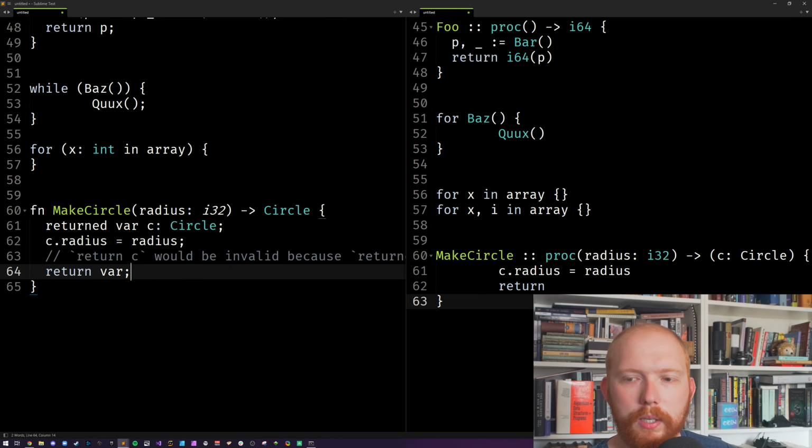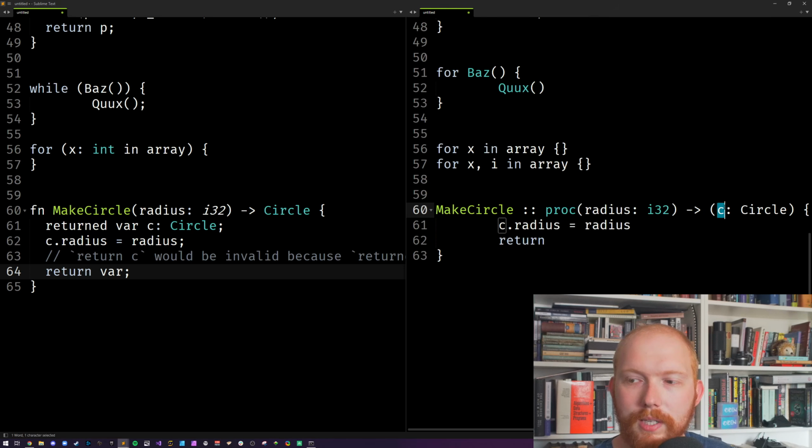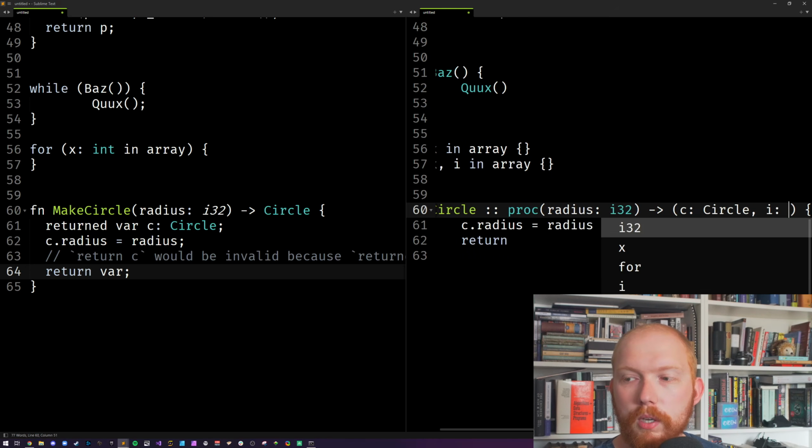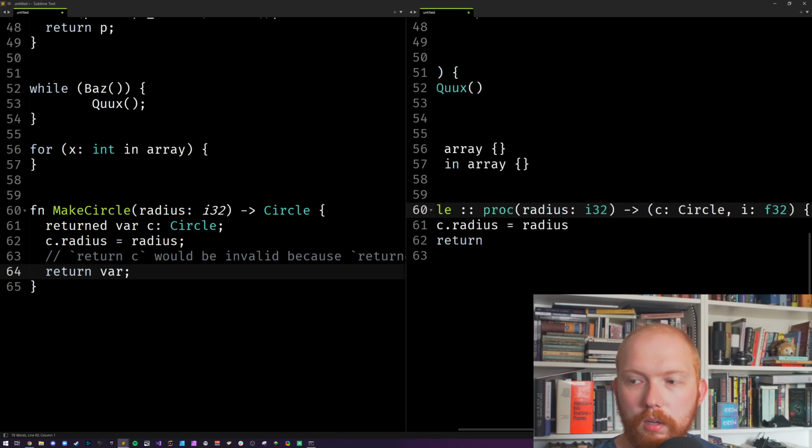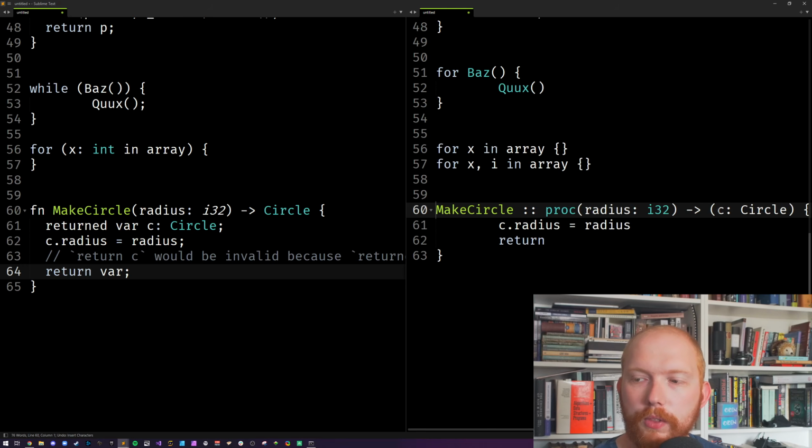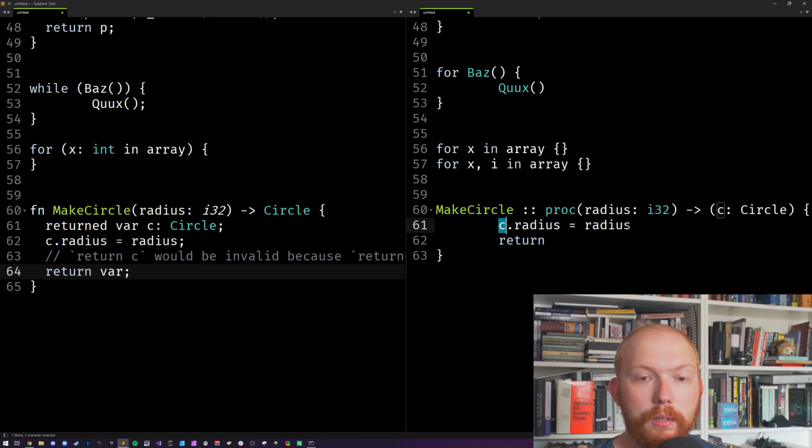Firstly, that's just a little bit weird. The way that Odin does it is it just directly names the return value, which is also really good for documentation purposes, by the way. So when you also have multiple return values, you could just name them if you needed. This named return value is a variable. You can act just like a normal variable, assign to it,